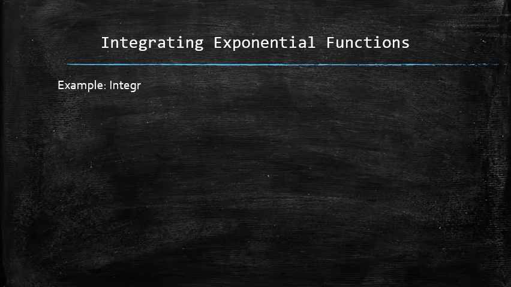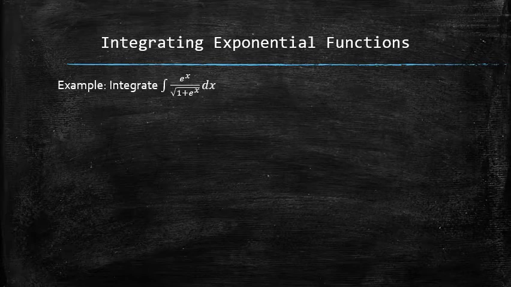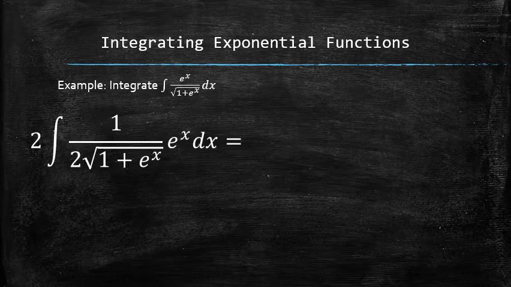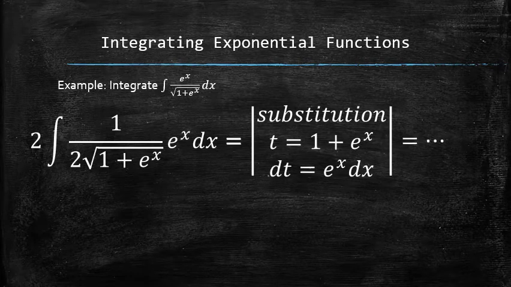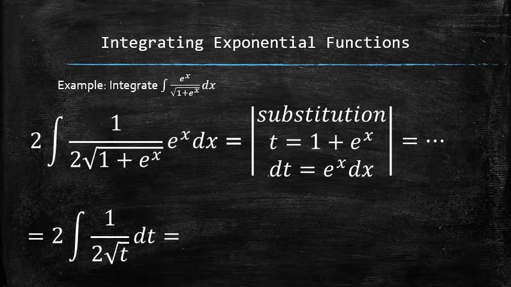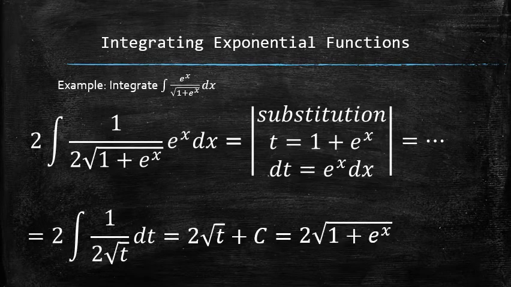Let's do another example. We again first recognize the pattern and rearrange the integrand. Then set up the substitution by setting a new variable, let's say t, equal to 1 plus e to the x, and finding the differential of t. Next, we plug everything into the original integral, and notice how, because of the discovered pattern, we have nothing but the function of t left in the integral. We finish the process by finding the antiderivative and plugging the original function 1 plus e to the power x back for t.